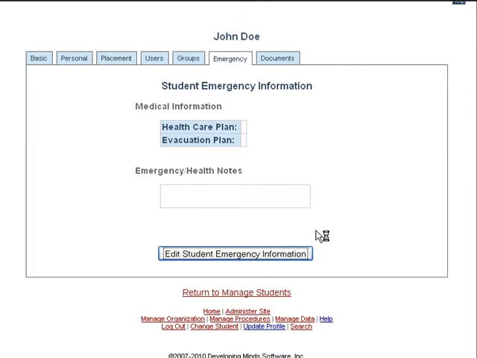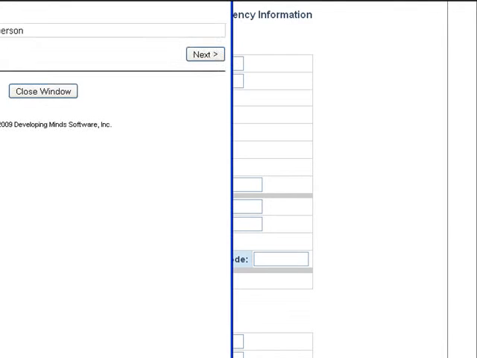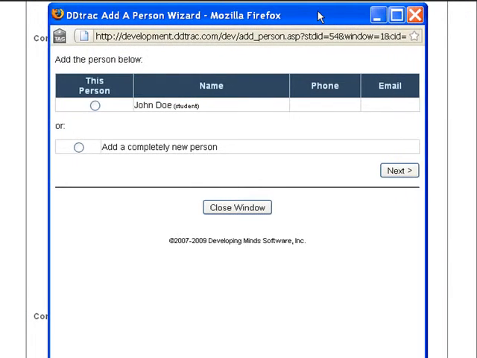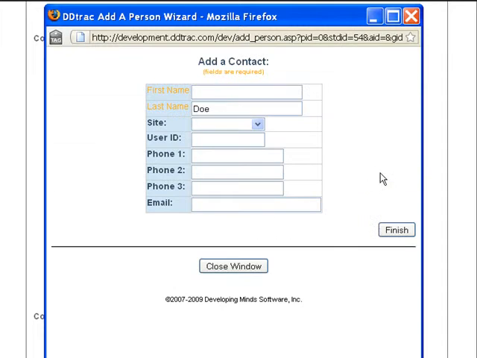Emergency contact data, I could add emergency contact data for the student. For instance, give a first name, last name, and this would say, I'm looking to see if Jane Doe already exists in the system. She does not. So I'll go next and I'll add her, Jane